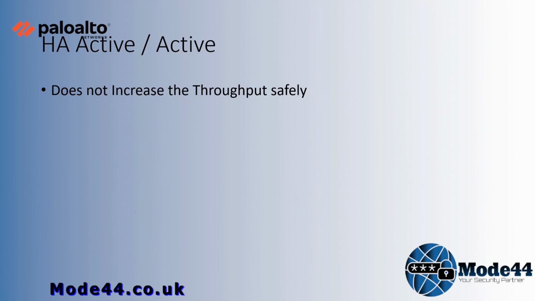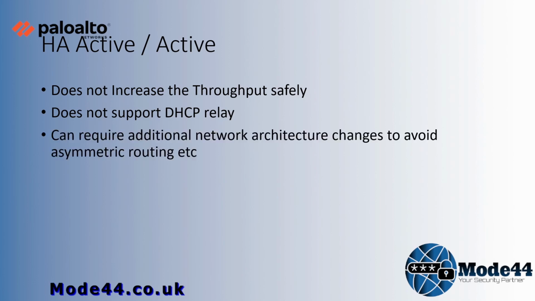However, you do have to remember that should one of them fail, half that traffic's then going to get lost, because the second firewall, or the firewall that remains up, can't service all the traffic from the two firewalls. There are also a few caveats with it. It doesn't support DHCP relay, and it can require additional network architecture changes to avoid asymmetric routing, etc. But that said, once you've got that sorted and figured, it does handle, as we say, peak bursty traffic a